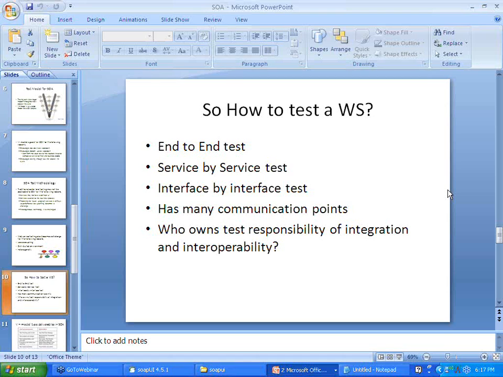All these things are tested directly or indirectly by a tool like SOAP UI. So the problem here is, you have a tool like SOAP UI which will help you do all this. Now, the question is, who owns the test responsibility of integration and interoperability? If I put my web service today in a Linux environment, it should work. Tomorrow, who is going to take responsibility if it will work on a Windows environment? That is a big question here.